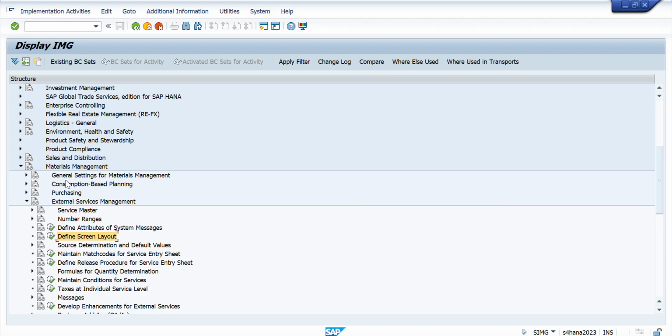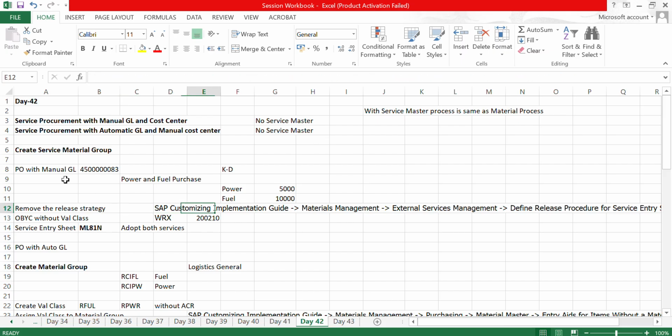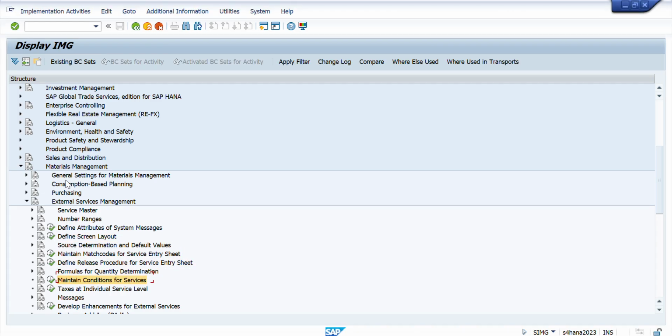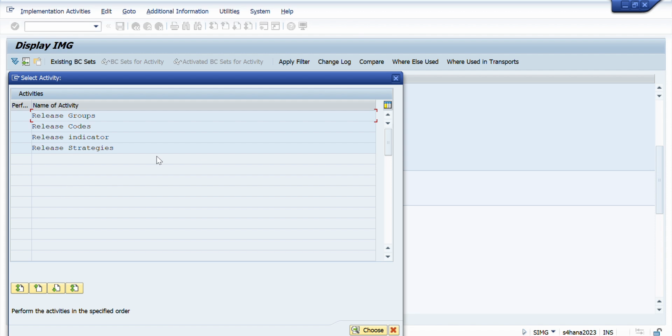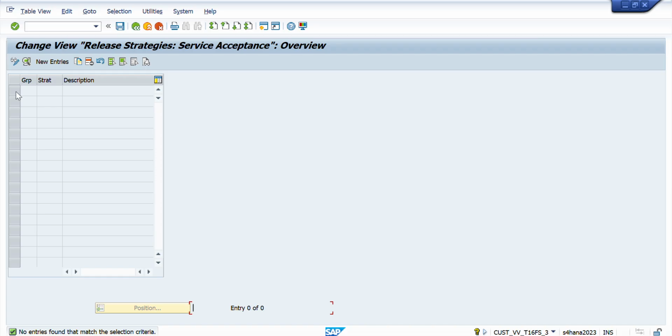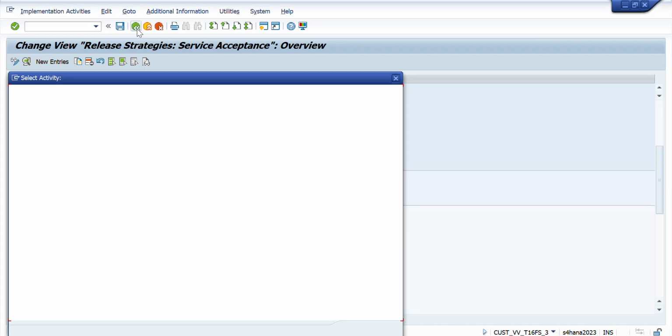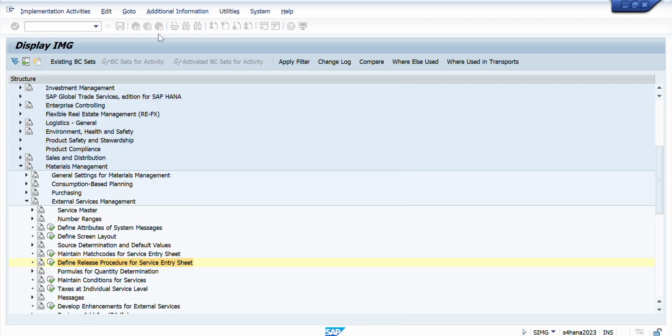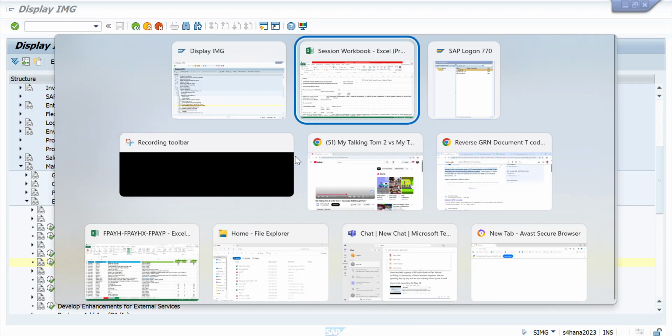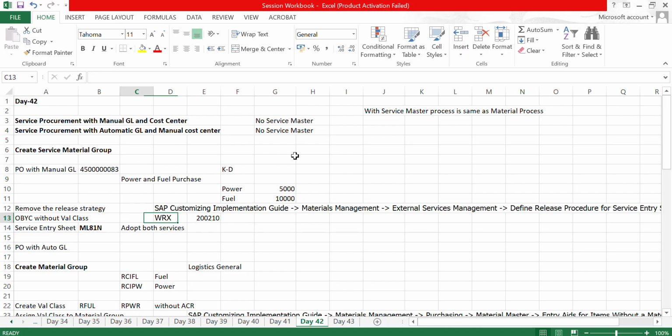Under the external service management, we have the define release procedure for the service entry sheet and release strategies. There was an entry over here which I have deleted. So this way I will not require the approval mechanism for my service entry sheet. This is the first thing. The next thing is